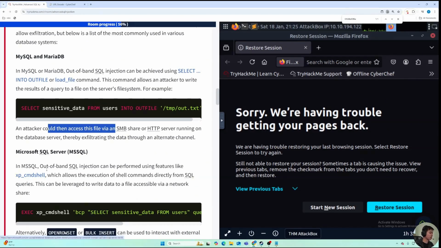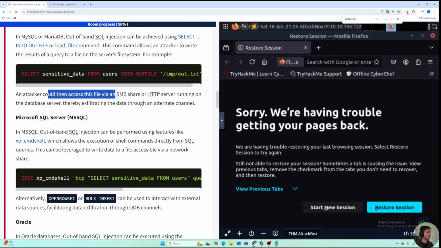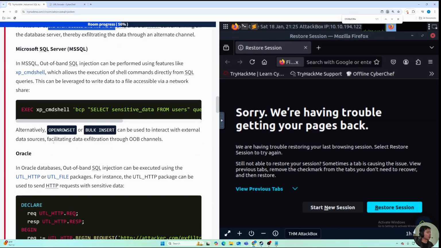Microsoft SQL Server. In Microsoft SQL Server, out-of-band SQL injection can be performed using features like xp_cmdshell, which allows the execution of shell commands directly from the SQL queries. This can be leveraged to write data to a file accessible via a network share. Alternatively, OPENROWSET or bulk inserts can be used to interact with external data sources, facilitating data exfiltration through